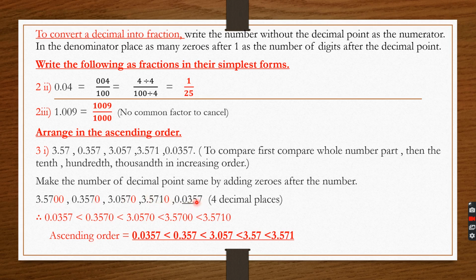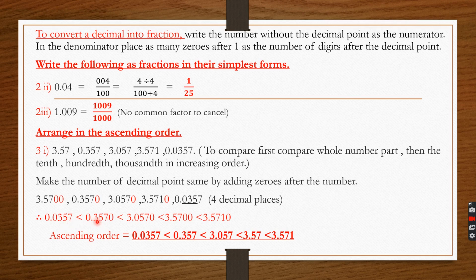After converting into like decimal numbers, we can compare the whole numbers. Whichever has the smallest whole number value. Here 0 and 3's are there. There are 2 zeros. Among the 2 zero values, see the next number, that is the tenths place. Whichever tenths digit has the smaller value, that is the smallest number. Therefore, 0.0357 is the smallest number. Ascending means smaller to bigger. This number is smaller than the next number starting with a 0. Therefore, these are the 2 numbers we got.